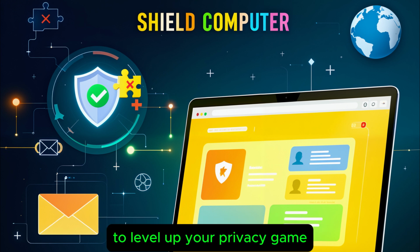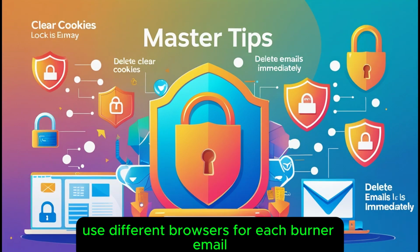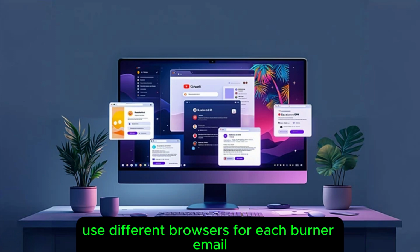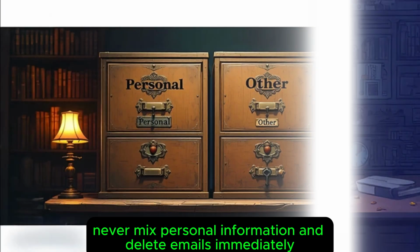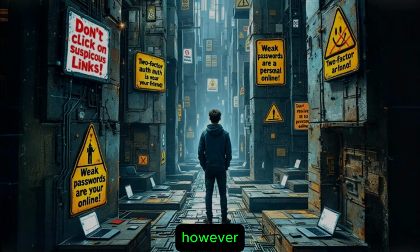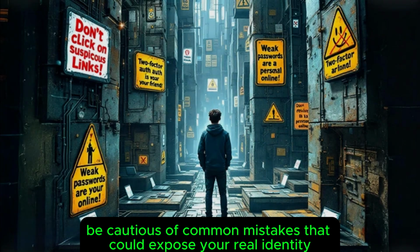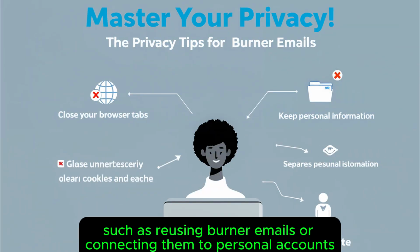To level up your privacy game, consider these master tips. Use different browsers for each burner email, clear cookies after each use, never mix personal information, and delete emails immediately. However, be cautious of common mistakes that could expose your real identity, such as reusing burner emails or connecting them